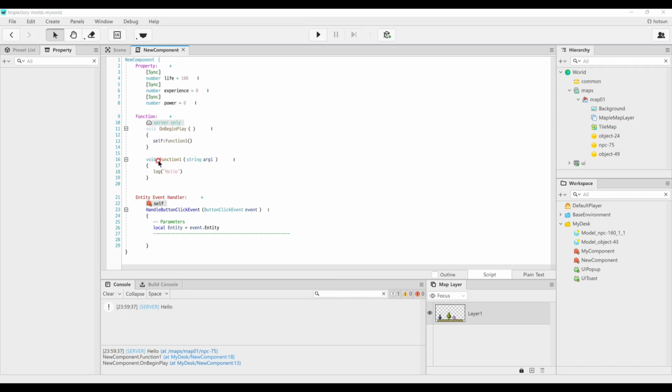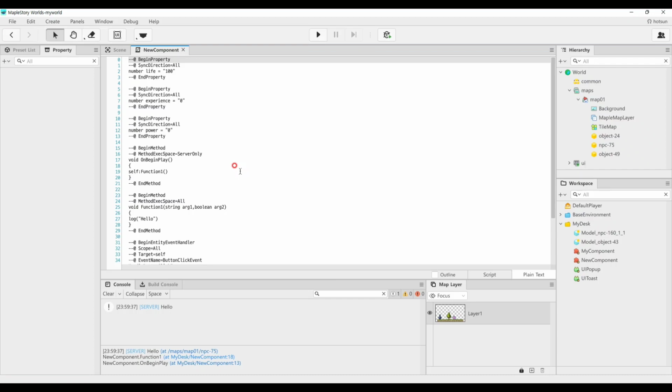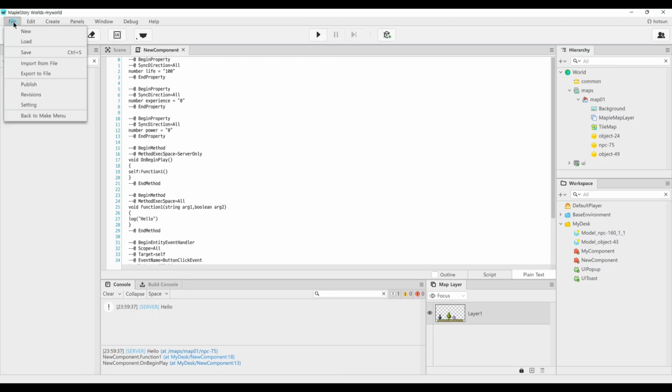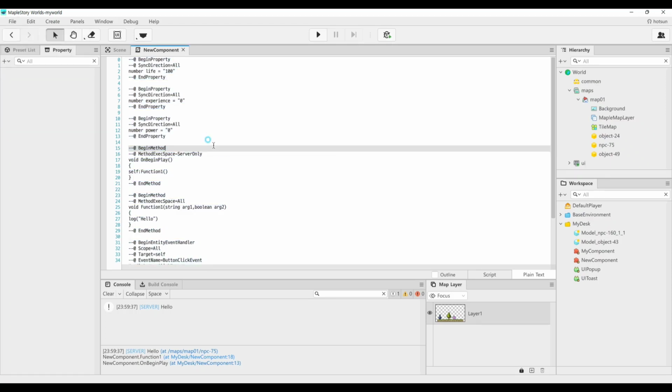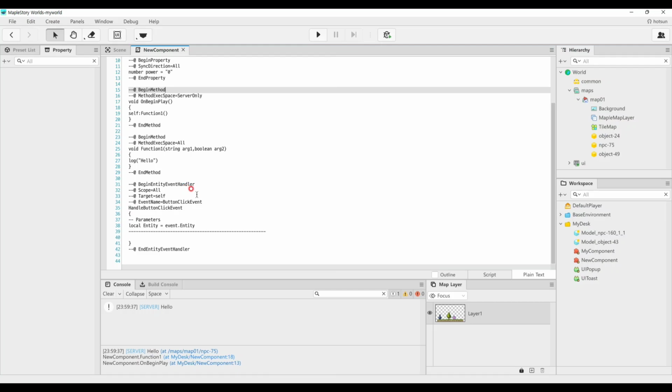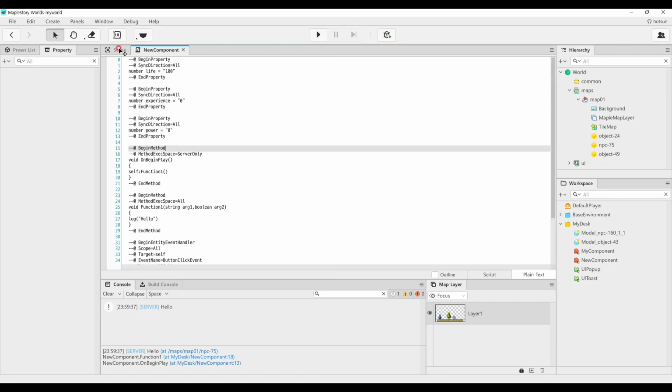So all these can be executed through this very easy UI by clicking and just selecting what you want instead of these plain text. But MSW allows you to share scripts created as files when they are exported through Workspace. Here, remember that we can export and import files, right? And also, if you don't want to do this, you can just copy and paste the whole text right here to execute it on your own map when sharing like codes with your group